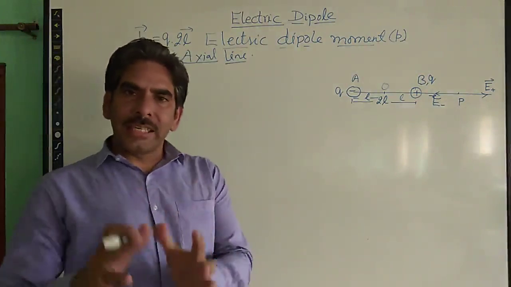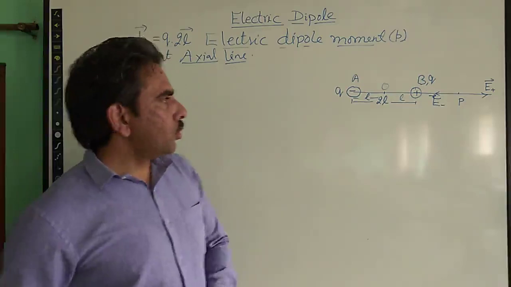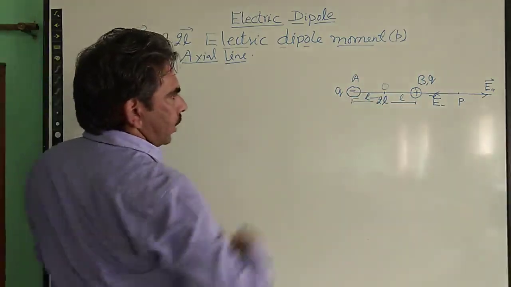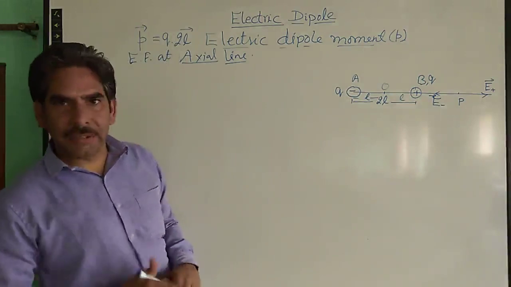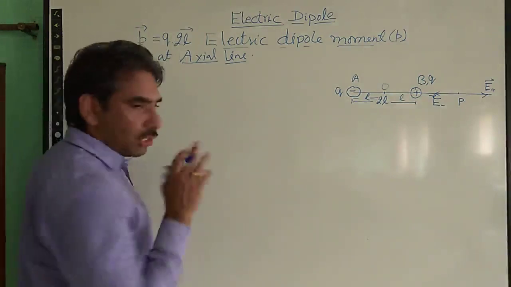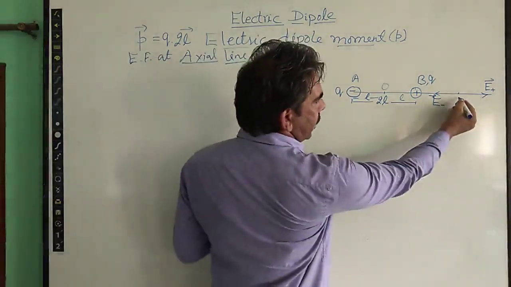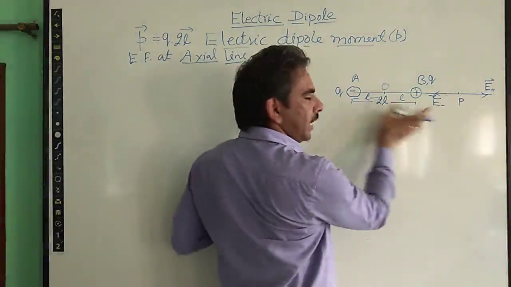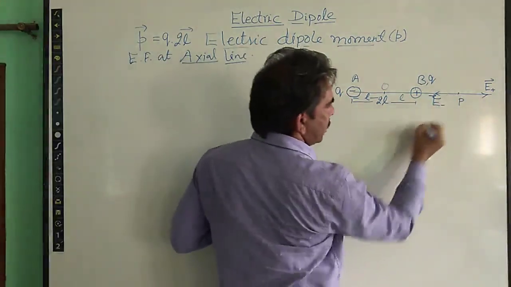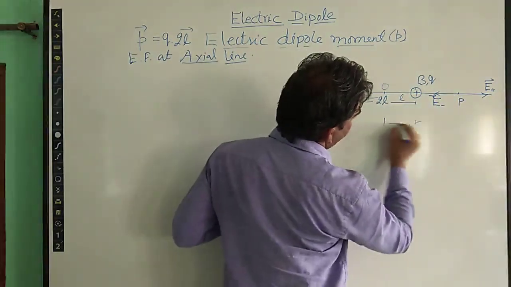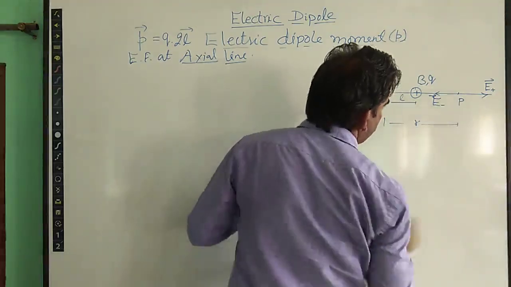So what is the net electric field? That will be the electric field due to the dipole. So from here it quite easily appears that we can write the electric field due to positive and negative charges. So electric field due to positive charge. And also one thing I forgot to mention here, that the distance of this observation point P from the center of the electric dipole is R, for example. I am taking it as R. Right?